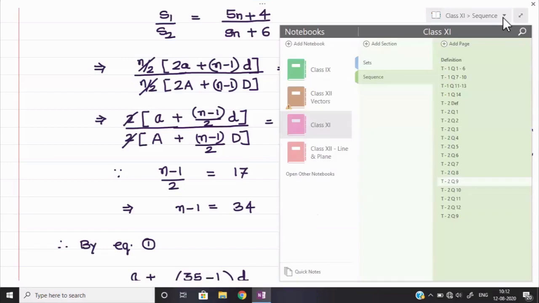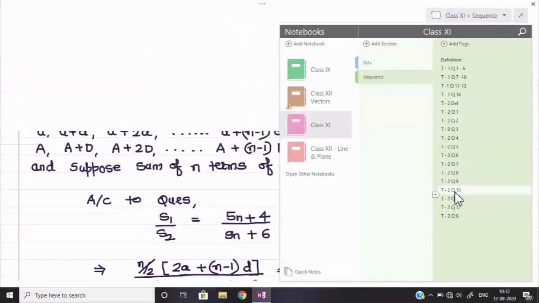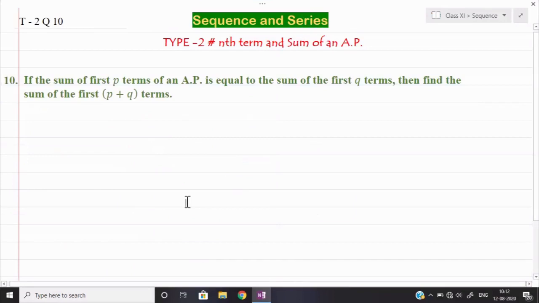The next question is given as question number 10. We can see now in the 10th question, see what we have given. If the sum of the first p terms of an AP is equal to the sum of first q terms. Now see, two different APs are not given to us. We have been given one single AP, and they are taking the sum up till two different terms. For example, in one AP there are total 100 terms. So we are taking the sum up till 20 terms, and then we are taking the sum up till 30 terms. And we are getting here that the two sums are coming equal.